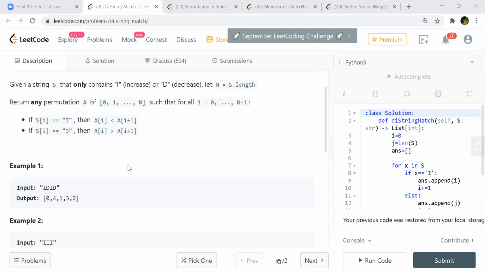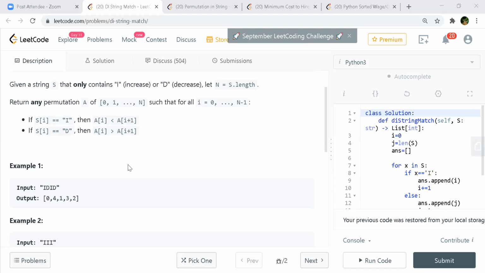So what do you think in this now, looking at the example and all that? So it's like whenever you see increase, whatever you have as the previous value, try to always get the highest number in the given range as the increased one. Like when I saw increase, 0 to n, which would be the highest number? 4. So I'll try to put 4 so that I'll be on the safer side.